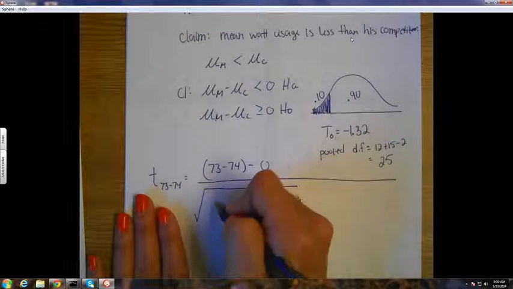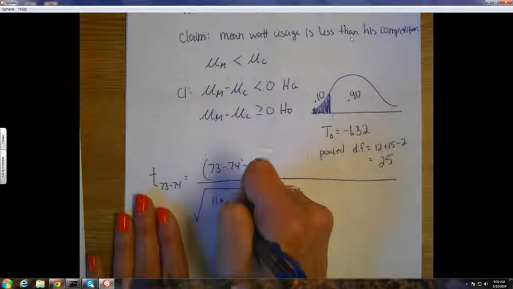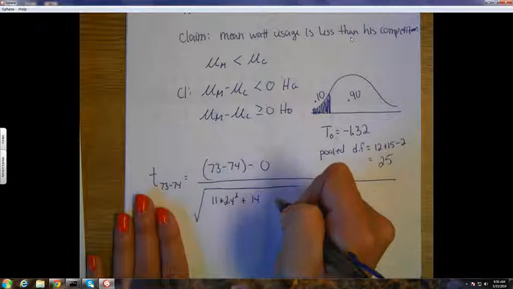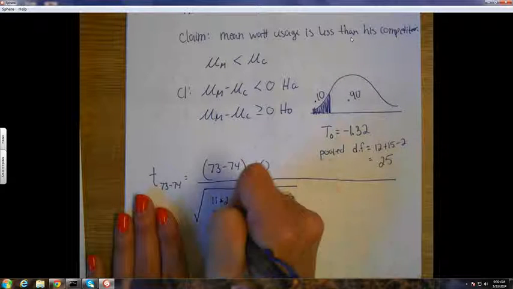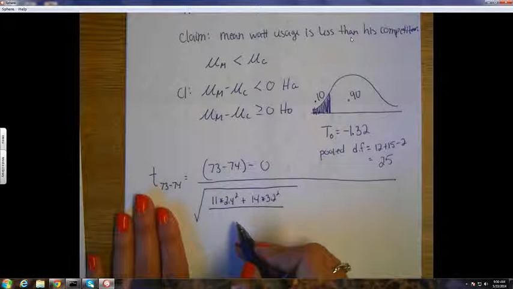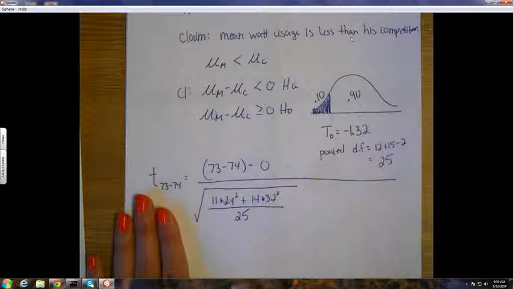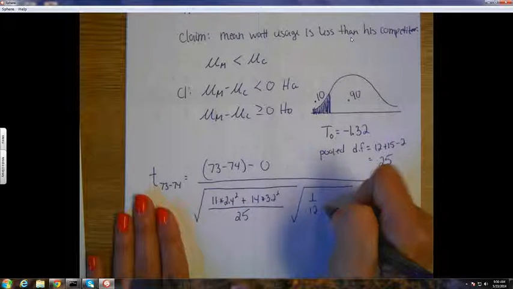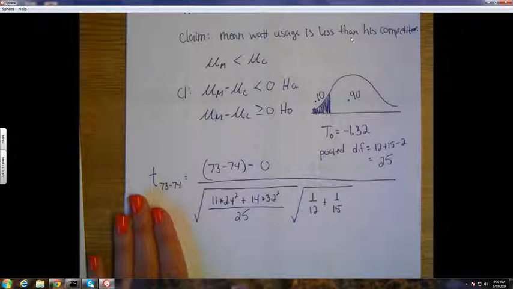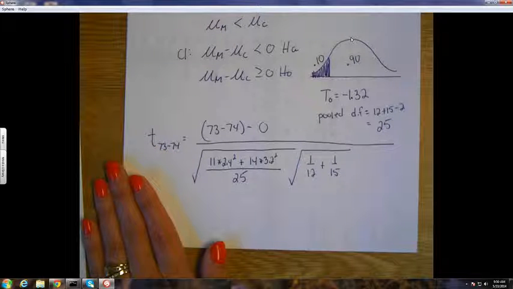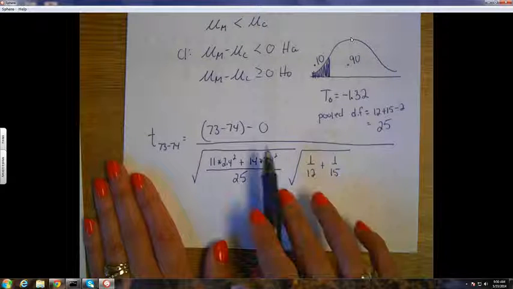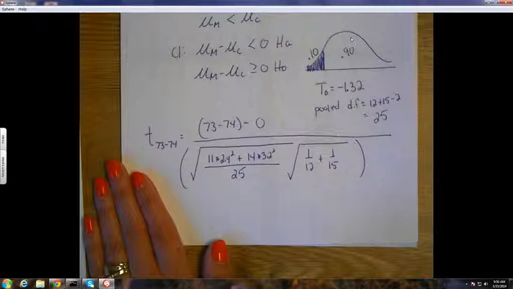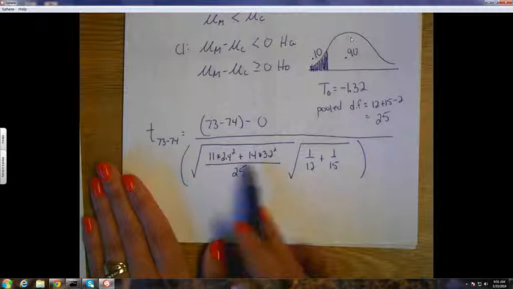N1 minus 1, that's going to be 11, times 2.4 squared, plus 14, times 3.2 squared, over, and I'll do that, we already did this N1 plus N2 minus 2, that came out 25. Why write all that in there again? We already did it. And then 1 over 12 plus 1 over 15. Okay, what's going to be important if you want to do this in one line? Parentheses. Everywhere. If you don't put the 0 in, you just need those. And you would just need an extra set here. So it does those 2 square roots first and multiplies, divides by that top one. If you do a little bit of the work in your head, this isn't quite as ugly as the formula we wrote down, but